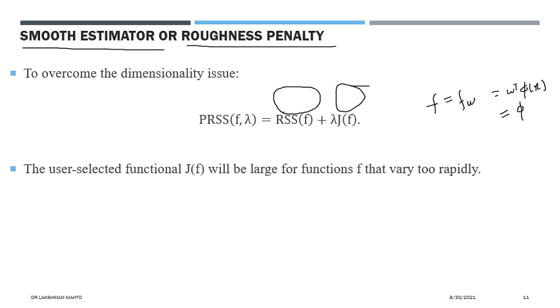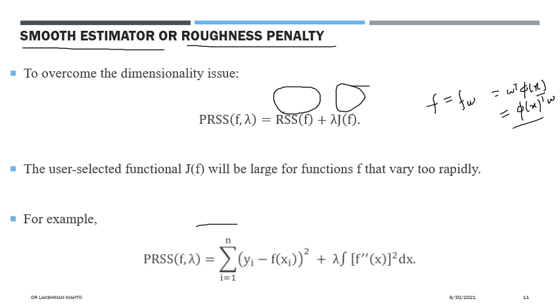That means the penalty will be imposed over the weight vector omega, the parameter. Imposing a penalty over the hypothesis function is equivalent to imposing a penalty over the parameter omega, because we are going for the parameterization approach. For example, take the popular cubic smoothing spline: if you put this penalty term in the one dimensional situation, and define it through the least square criterion, then you get this penalty term.